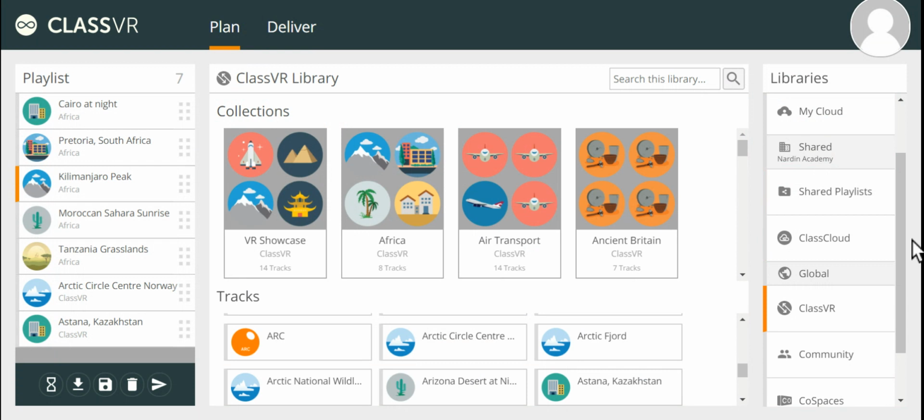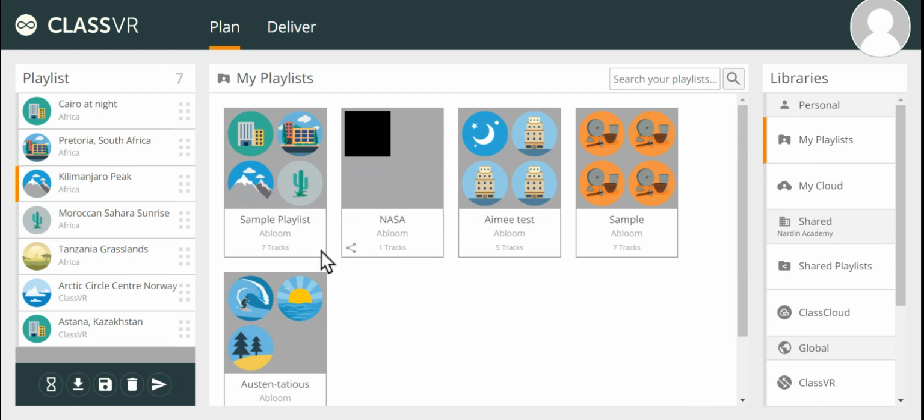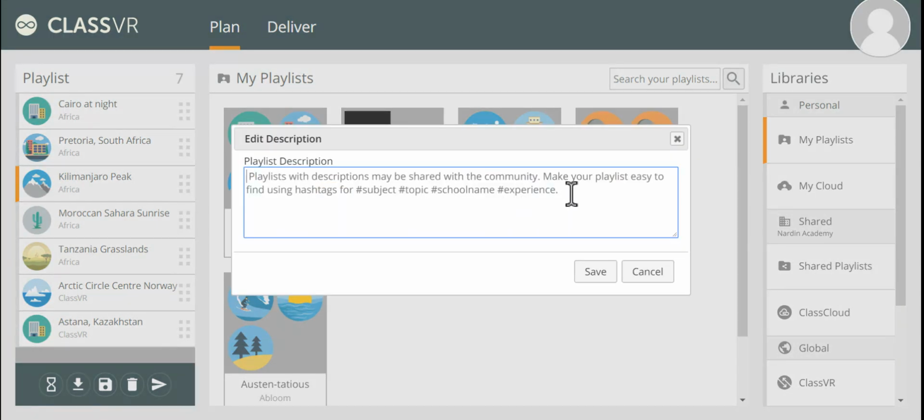So where do your playlists go when you're done? If you go back up to your personal library, my playlists, here's a sample playlist. Now there's two things you could do with this. If I right click, I can edit description. And in here, I can say, this is a sample. Please disregard, just in case I share it out